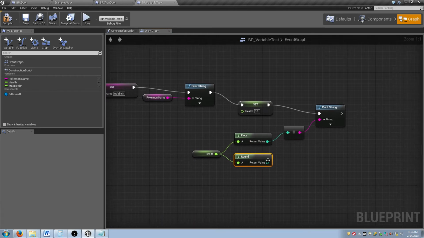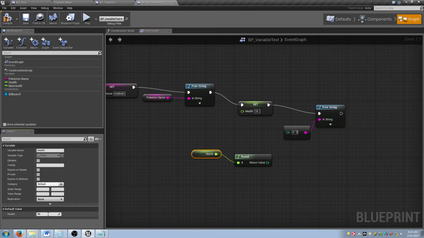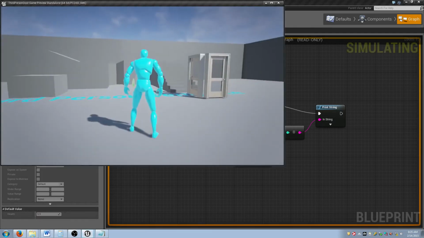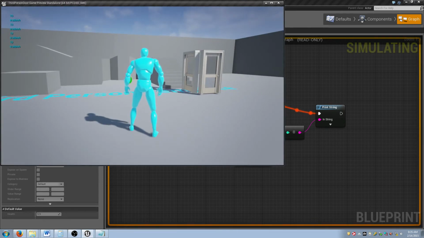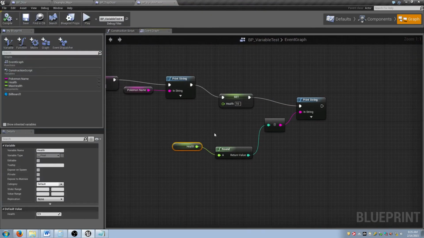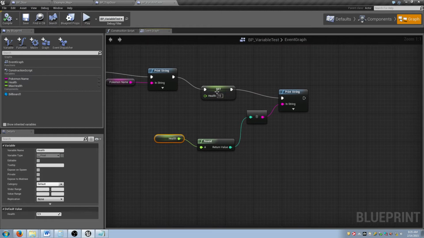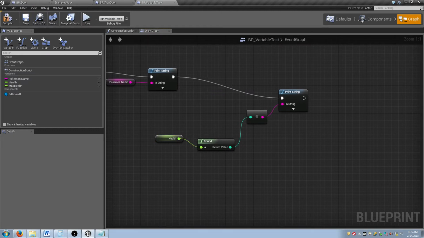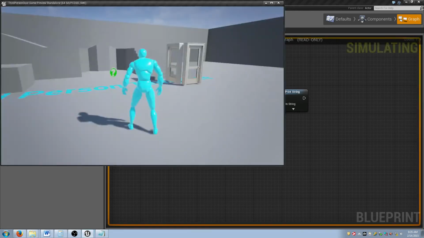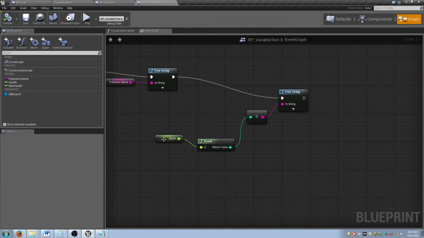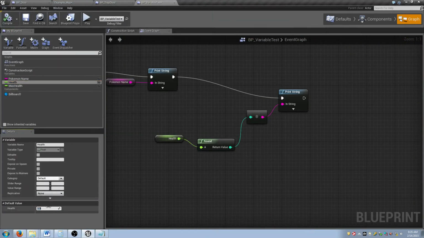Round. So specifically round will go up from 0.5? Yep. So if I take health and I have 9.9 health, and then plug it into here, it gives me 10. Sorry, I gotta not change the health. It gives me 10. But if I go here and select health and pick 9.1,